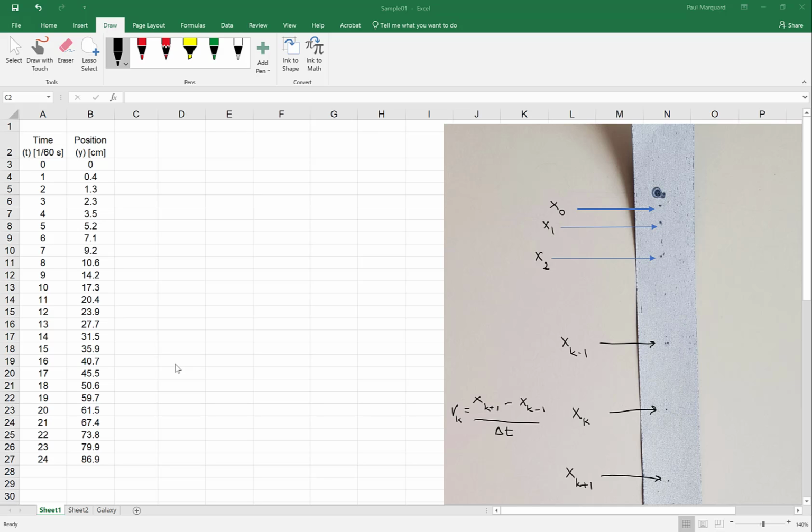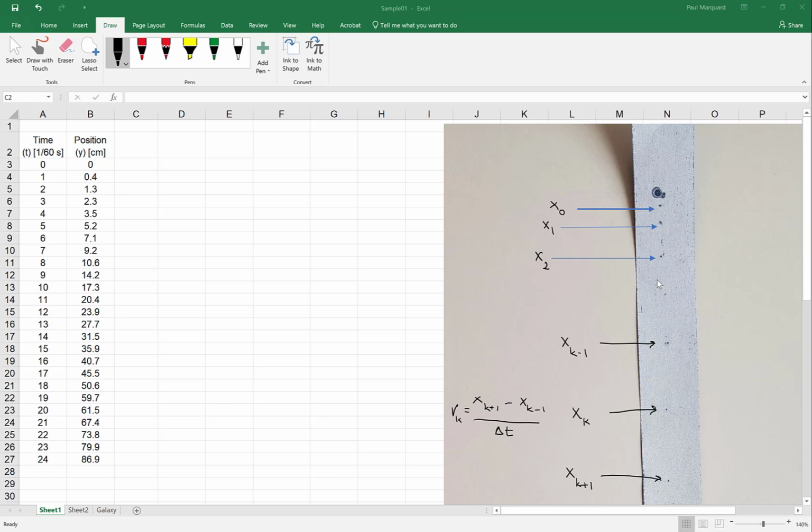Welcome back, everybody. Let's take a look at this Excel spreadsheet again. And I've done a little labeling, as you can see over here on the right-hand side in this image. And we looked at this a little bit on the board in a previous video on the whiteboard. So this top dot here, not including this big blotch, this top dot is my 0th dot, and then there's